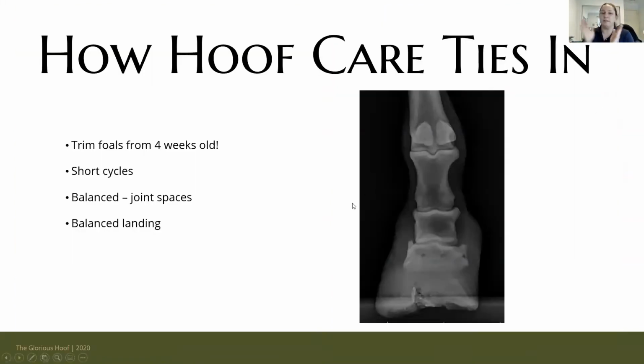How hoof care ties in. So I touched on this before. You need to trim your foals from 4 weeks of age. Most big name breeders are pretty good with noticing angular limb deformities in their foals and can get on top